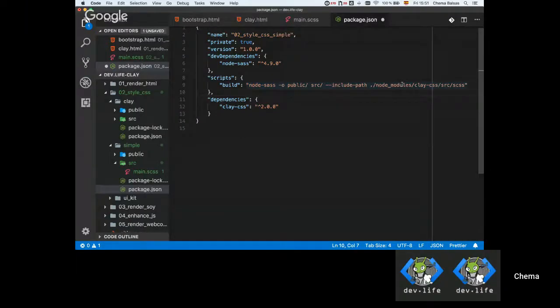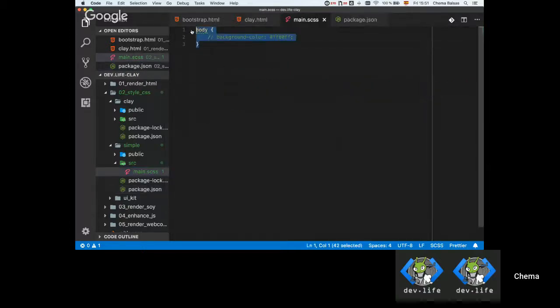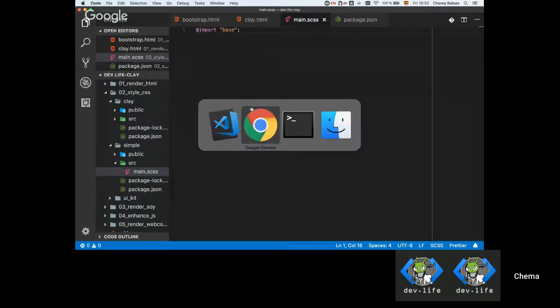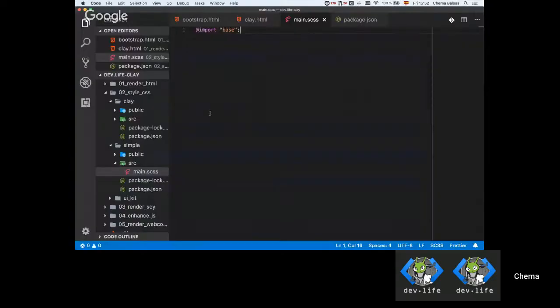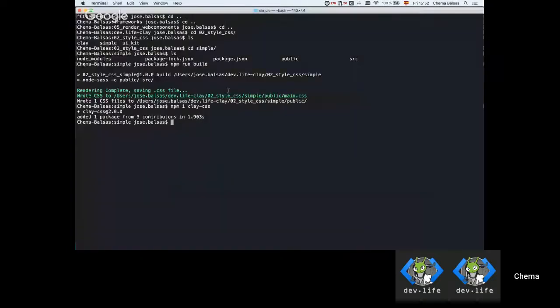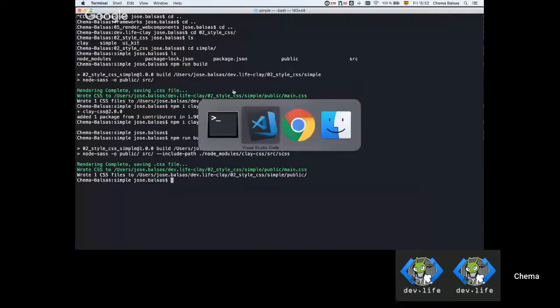If you're using other bundlers, more sophisticated build systems, this is actually easier to achieve, but this is just for demo purposes here. So what you can do now, let's just remove this, and then you can just import, let's say, base, which was, again, our main entry point with no extra styling applied. So if I do that, and then I just compile my Sass again,